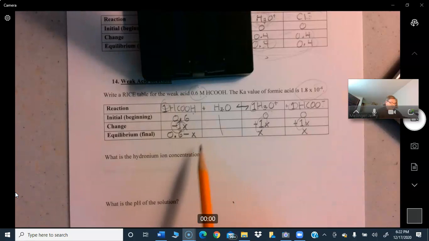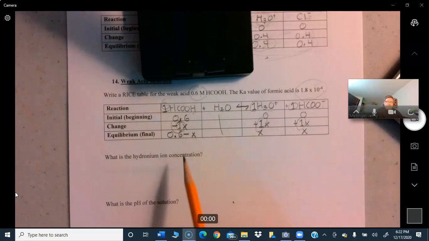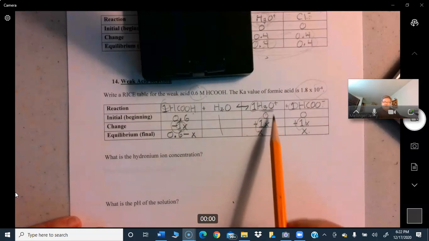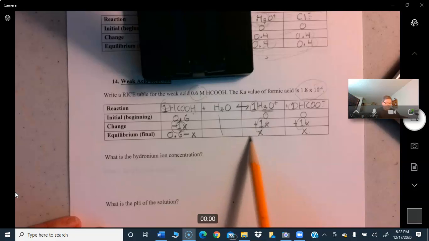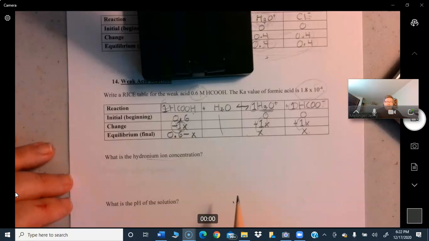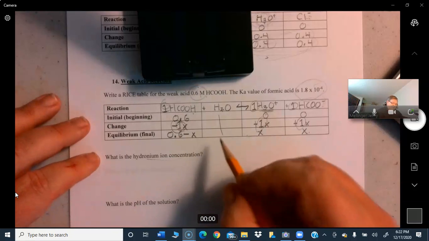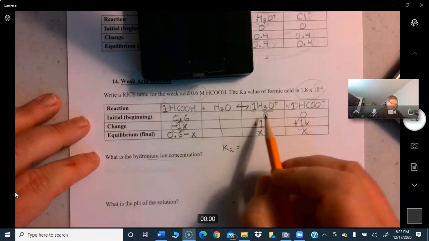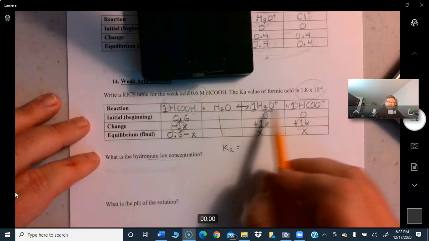All right, so these are the equilibrium values expressed as algebraic expressions. So we're going to use that to figure out the concentrations of each of these. We're really interested in this one usually, the hydronium ion, but we're going to figure them all out. That's what it's asking, but we're going to do them all. Okay, so now what we do is we need the law of mass action. So that's the acid dissociation constant equals the products on top